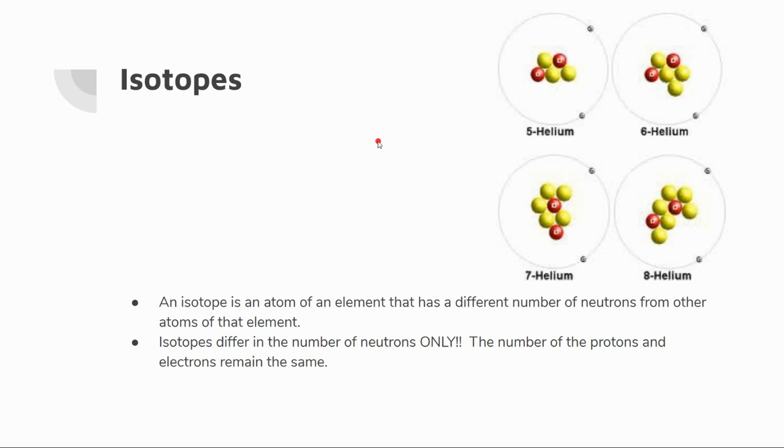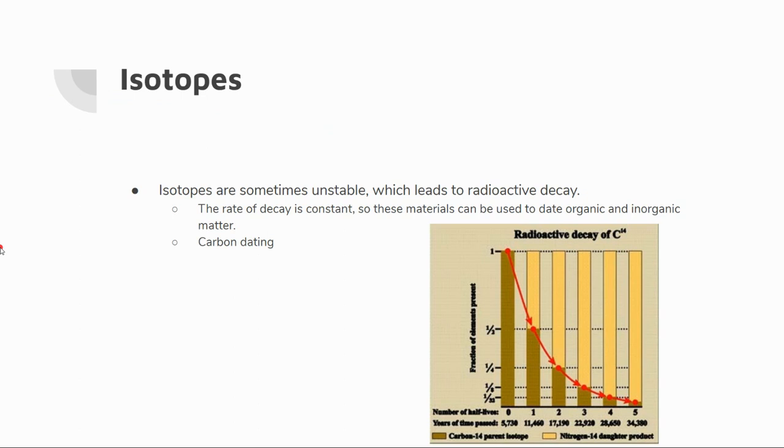And remember, neutrons are neutral, they don't have a charge. So we're not necessarily changing the identity of the atom, we're just making it larger, or we may be making it less stable. And that's where we go to here. Isotopes are sometimes unstable, which leads to radioactive decay. And when we hear radioactive decay, yes, there can be negative consequences of this, but also